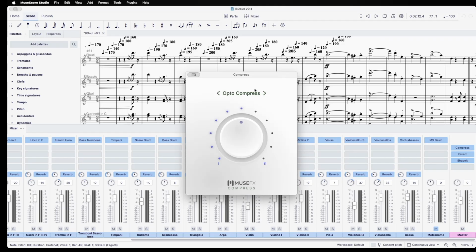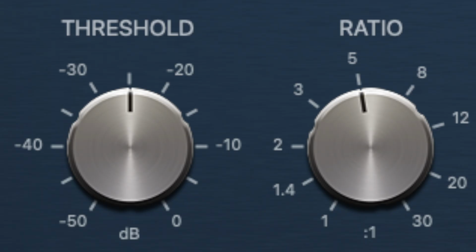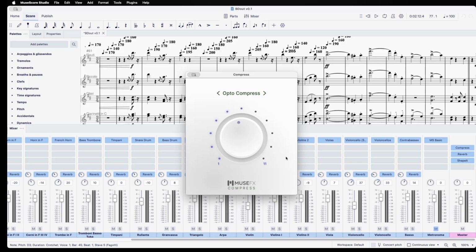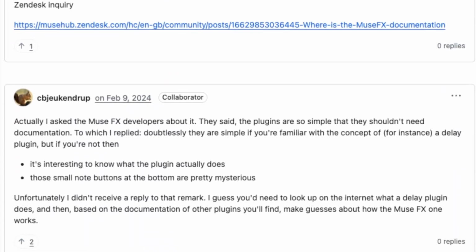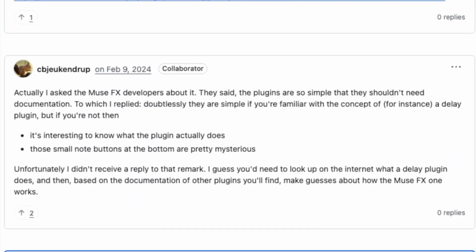Remember, all we want is a threshold knob to say when to start the compression and a ratio knob to say how much. What this is, is a menu of selections. Who knows what half of them even mean? And an unlabeled knob. Look, it goes up to 11. Ho ho. Here's what you want, here's what you get. You try to find out what it all means, and all you dig up is dispiriting conversations. We're supposed to be able to work it out for ourselves.